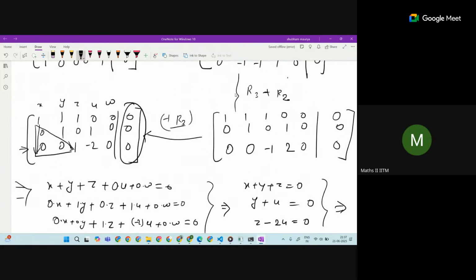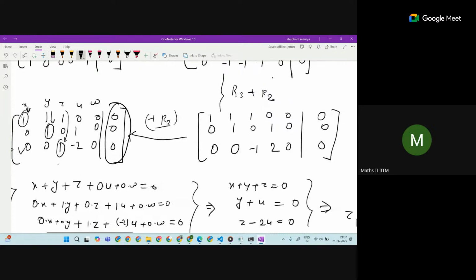Or otherwise, if you remember it here, where is the leading one? That is your dependent variable. Here x is your leading one, so x is dependent. y is a leading one, z is a leading one. But there is no leading one in the u and w columns, so u and w tell you the independent variables. If you are facing difficulty understanding from here,